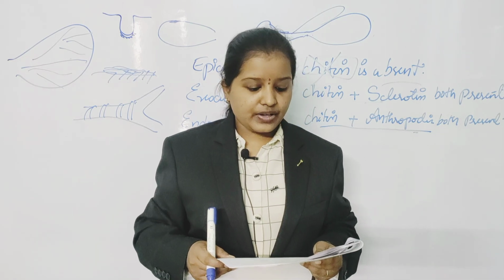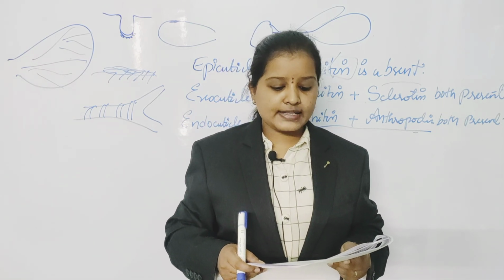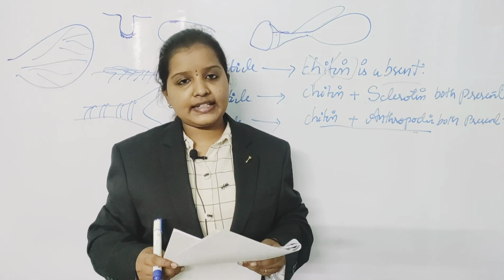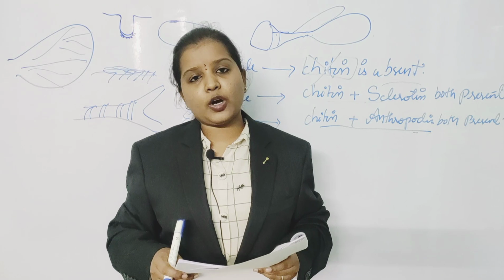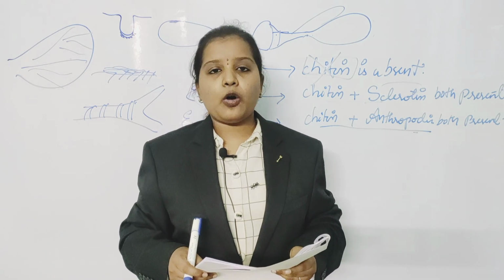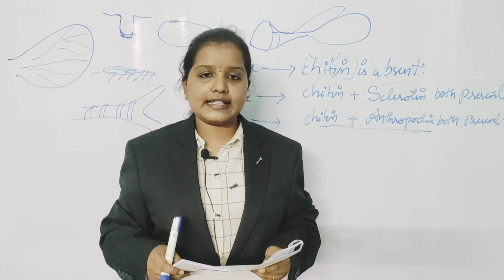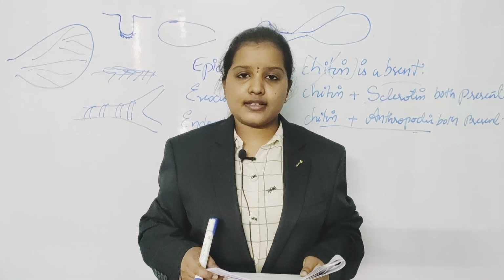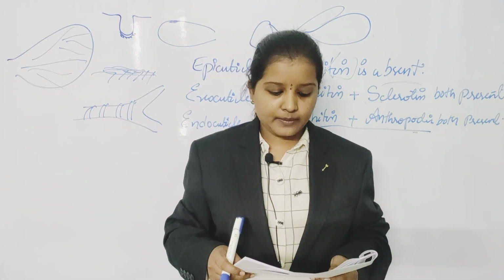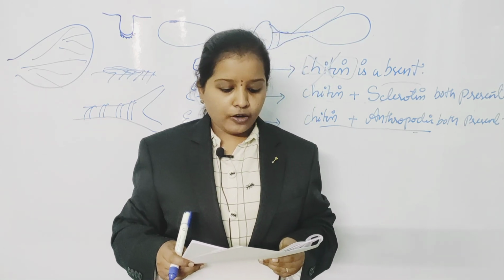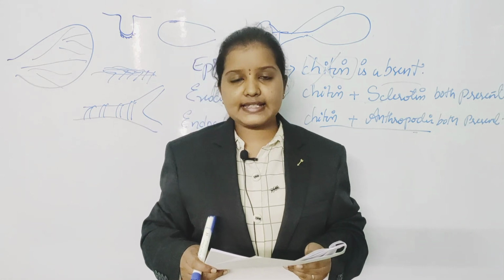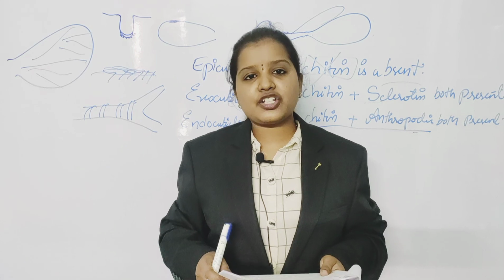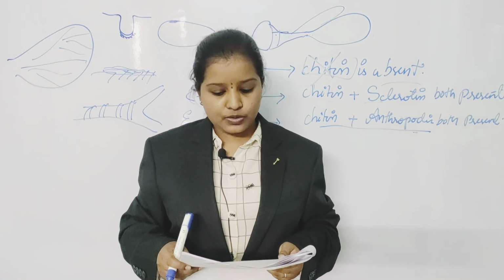Next question. The structures present on the fifth or sixth abdominal tergum of the aphids are called as? In aphids, either on the fifth or sixth abdominal segment, there are horn-like structures. We call them cornicles. These are pregenital appendages which are present on the abdomen. Ability of a female to reproduce without fertilization with a male is known as parthenogenesis.